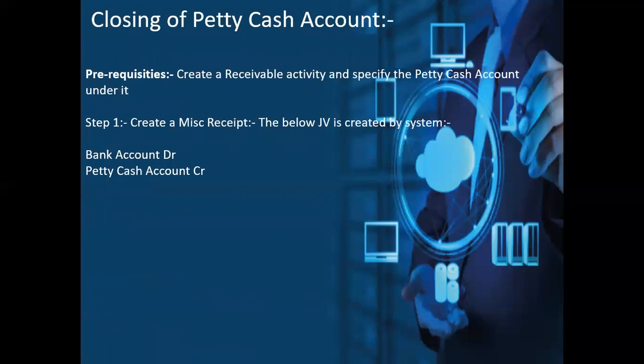And at the last, if you want to close your petty cash account, so basically, if you want to transfer back your petty cash amount directly into your bank account, then again, there are different ways. You can just pass a manual journal directly in GL, wherein you debit your bank account and credit your petty cash account, or you can just create a miscellaneous receipt within AR, wherein whenever you create your miscellaneous receipt, the bank account where you are actually depositing the particular funds needs to be selected and that bank account will be debited and your petty cash account will be credited.